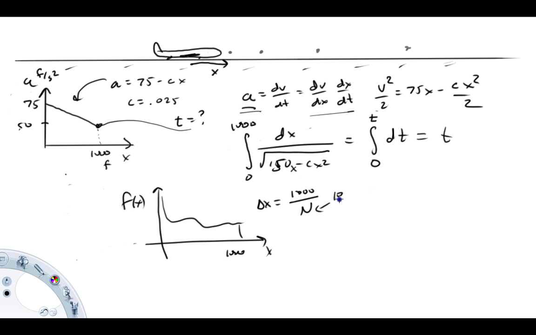The number I got out of this was, I think, 5.2 something seconds. And again, I'm going to make a completely separate video on how I did that. The numerical answers seem to be converging to about 5.2. I think I looked this up and it was like 5.3 or 5.28 or something like that. So I was close enough that I knew I was on track. If I needed more accuracy, we just increase this number larger and larger. But the idea, again, is to define a delta x,